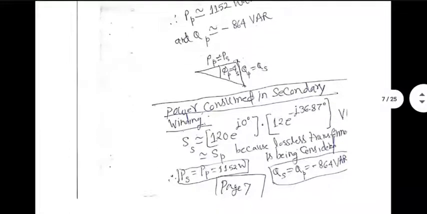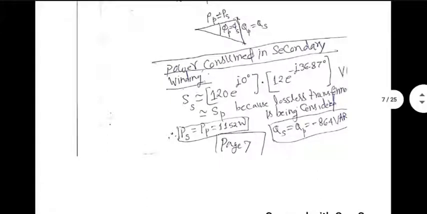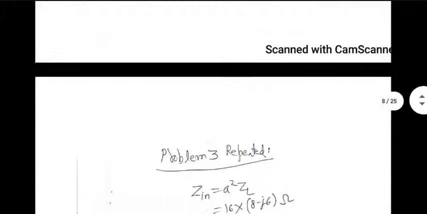On the secondary side also, similar story. You take the secondary voltage and secondary current, conjugate the secondary current, multiply. You will see that SS and SP happen to be the same because it's a lossless transformer. So the result for complex power is the same on both primary and secondary side. If there were losses, these results would have been different.